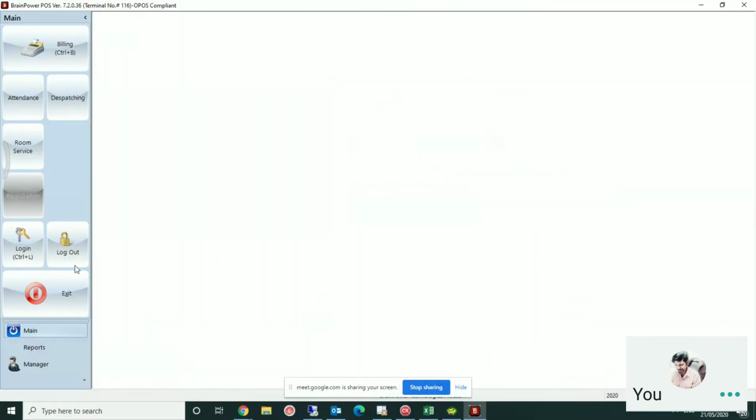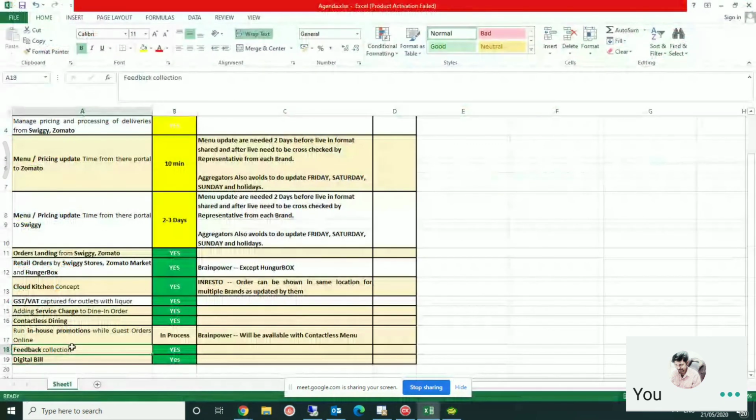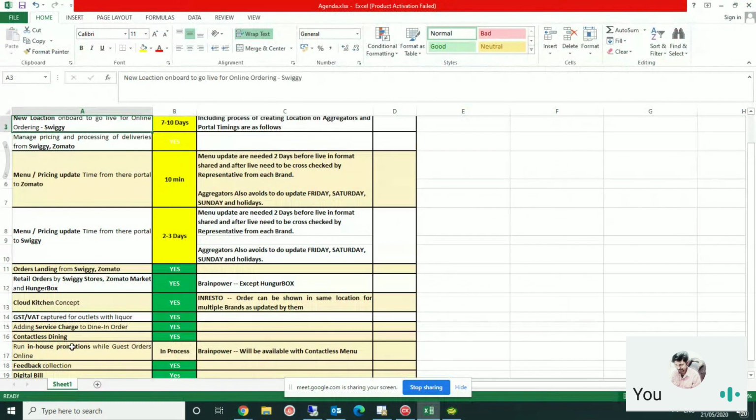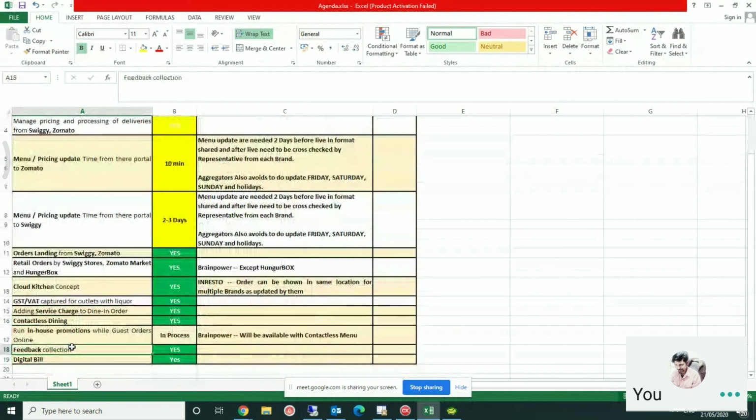So here completes our point number 19. All the options requested are already there. Rakesh, do you have any feedback interface also, where we can see how the feedback works? The feedback link interface is there on the contactless system only, so there you can see the feedback form. I have a screenshot that I will share with you.